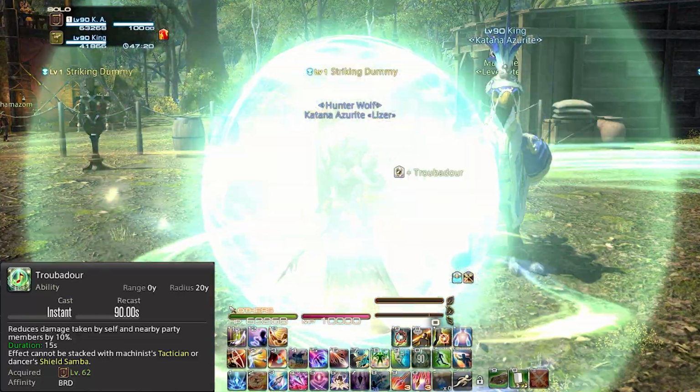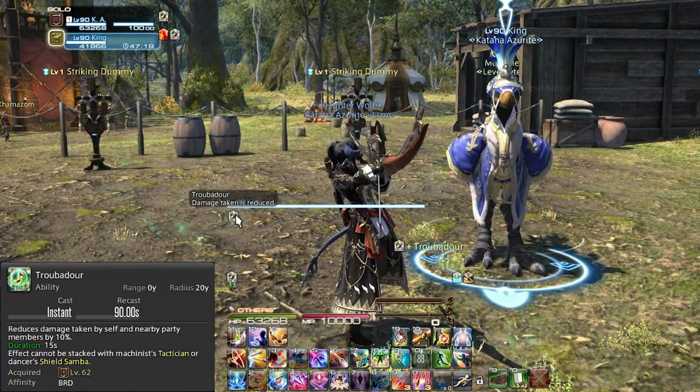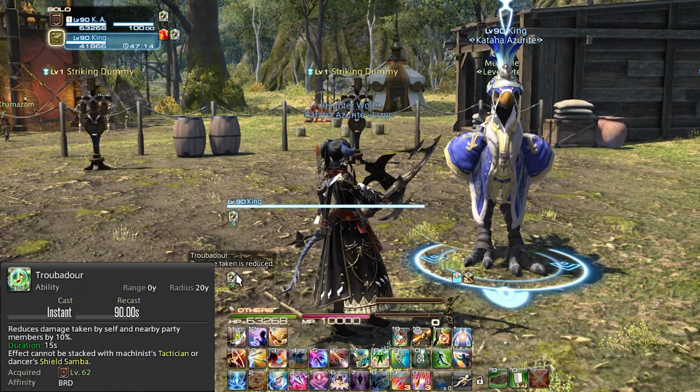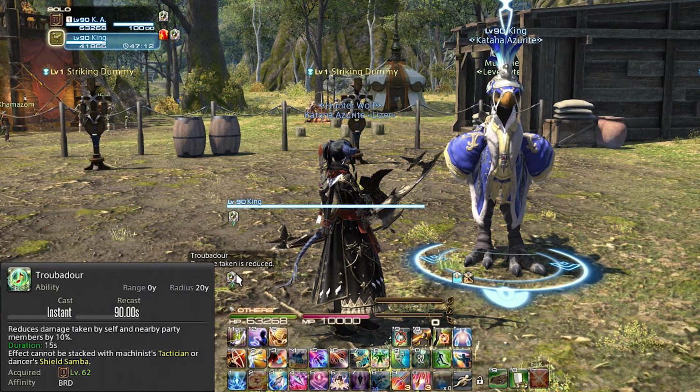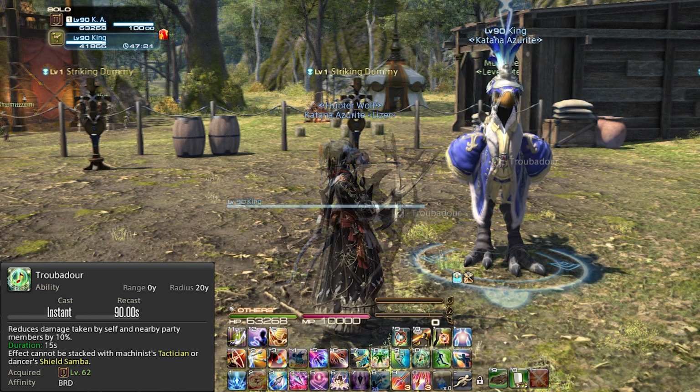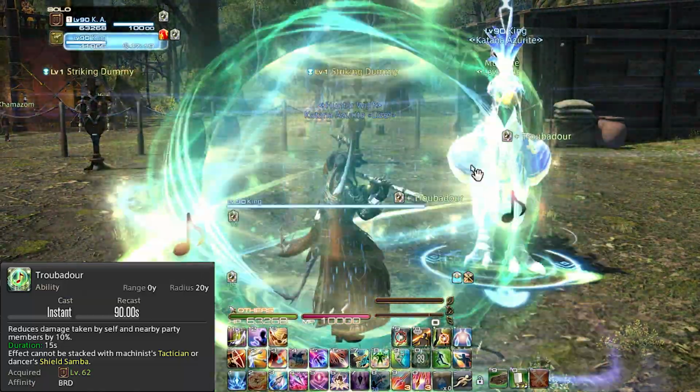Troubadour, a 90 second cooldown, reduces the damage taken by 10% for self and nearby party members in a 20 yalm radius lasting 15 seconds. Has a lot of value in high-end content for raid wides and heavy hitting raid wides, or just high intensity damage phases in general. Don't sleep on this tool, as it will help your healers a considerable amount, meaning they